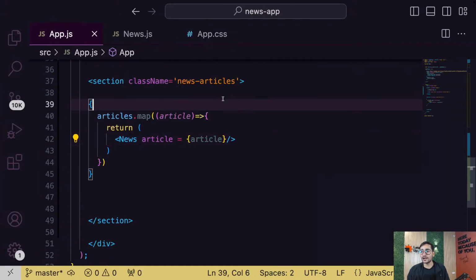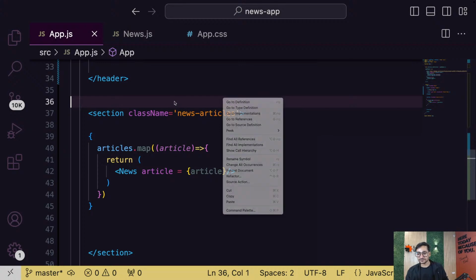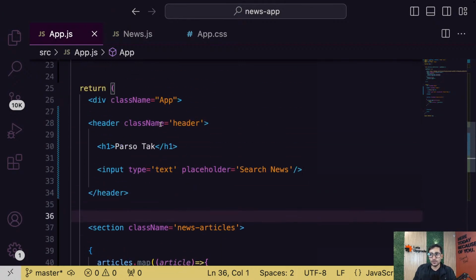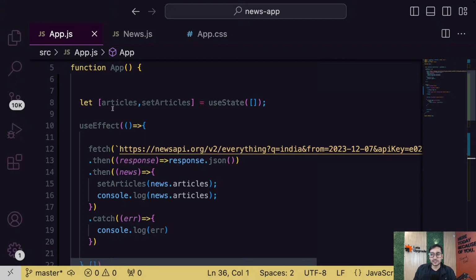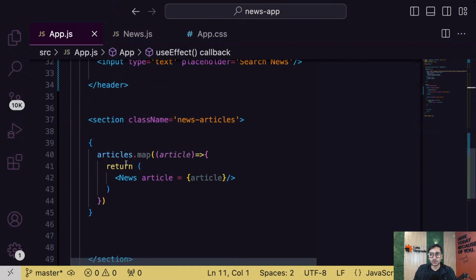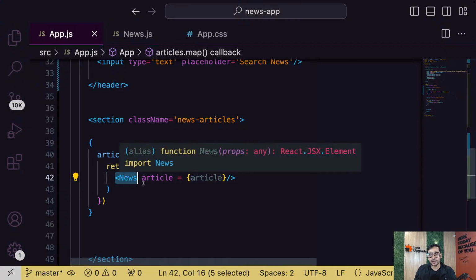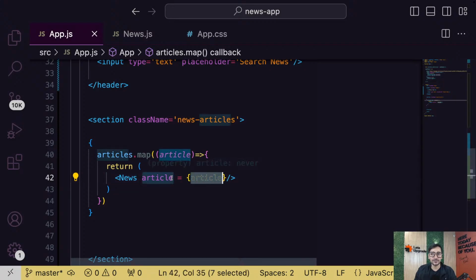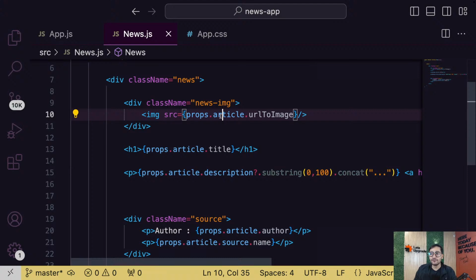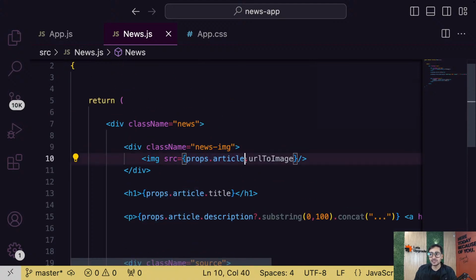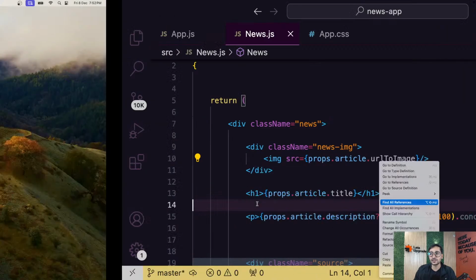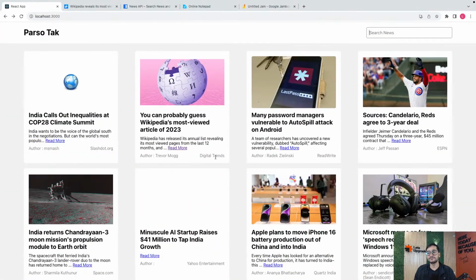So guys, first of all, tell me, have you understood everything till now? Let me explain what's happening here. Let's just revise it once. We fetch all the news articles, and then we pass them in this articles array. This articles array holds those 100 articles coming from the API, and then we map through the articles one by one. Every time we map, we generate the news component, and in that news component, we simply pass that article as a prop. Into that component, we access that article from the prop and use the property URL or title or description to display this content. Simple idea.